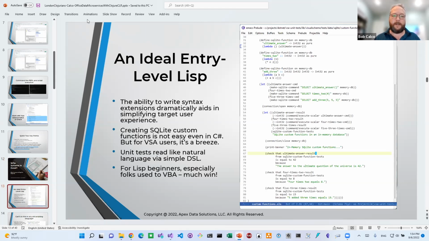Scheme is really an ideal entry-level Lisp, and it was kind of designed to be that, right? It's what they use a lot in academia to teach concepts in programming like recursion, what is a computing paradigm, and how do you build a language within a language. So all the properties that make it good from a pedagogic point of view